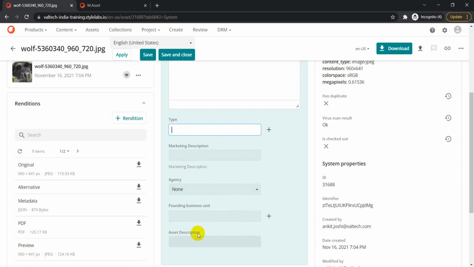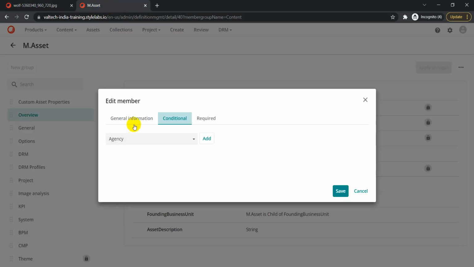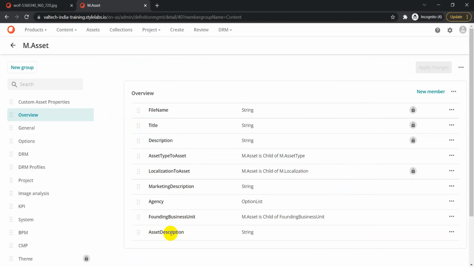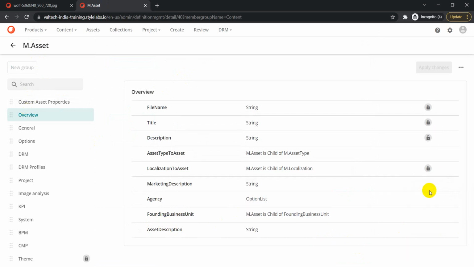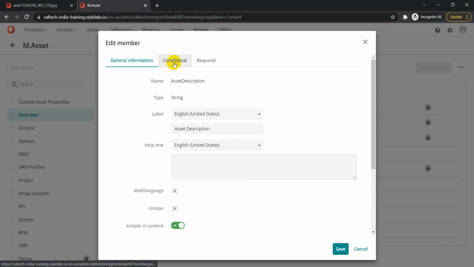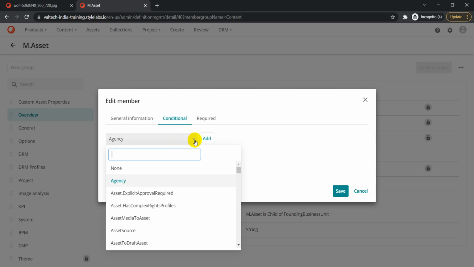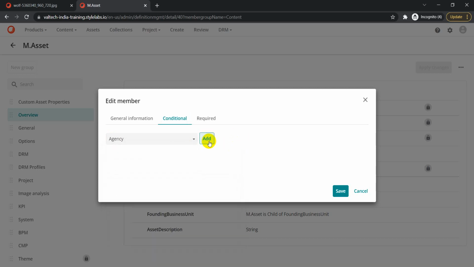So how do we configure this condition for the asset description? On the asset entity page, where you have added this particular field, which is asset description under m.asset overview, click on edit, and from here go to the conditional tab and let's add some condition. Click on the conditional tab, select this one, and click on add.